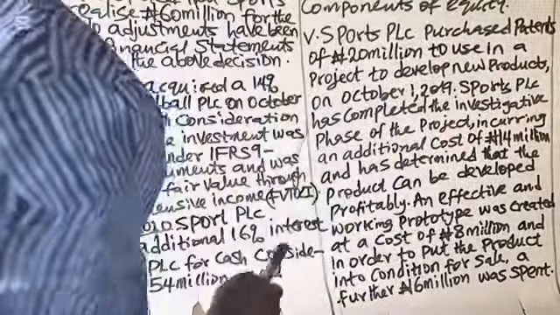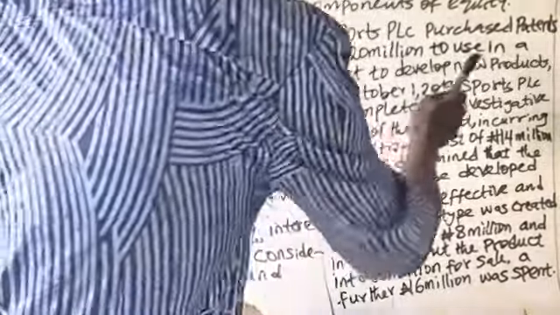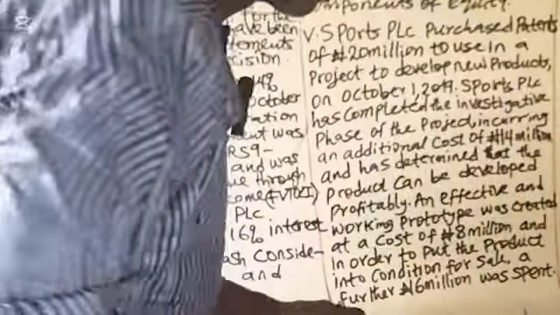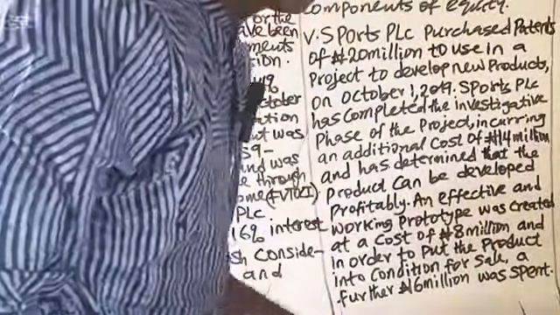Note 5. Sport PLC purchased patents of 20 million naira to use in the project to develop new products. On October 1st, 2019, Sport PLC completed the investigative phase of the project, incurring an additional cost of 14 million, and has determined that the product can be developed profitably. So the investigative stage, which was completed at the cost of 14 million, that relates to that phase, is a